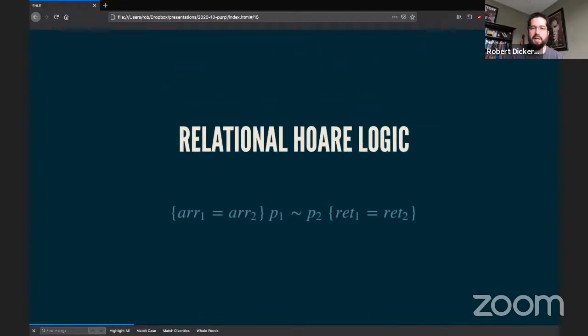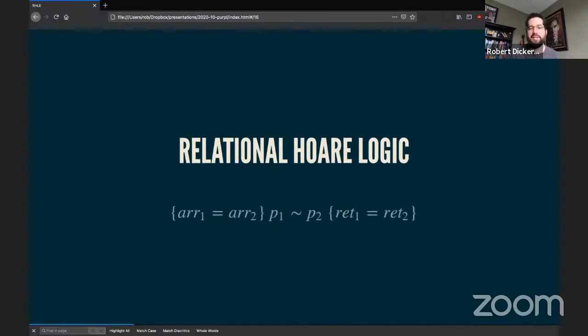And how would we do the verification? Actually prove that this property is true. There's existing work usually in the space of relational Hoare logics. I'm going to step through a couple steps of how a proof might look here, but if you don't really care, feel free to zone out